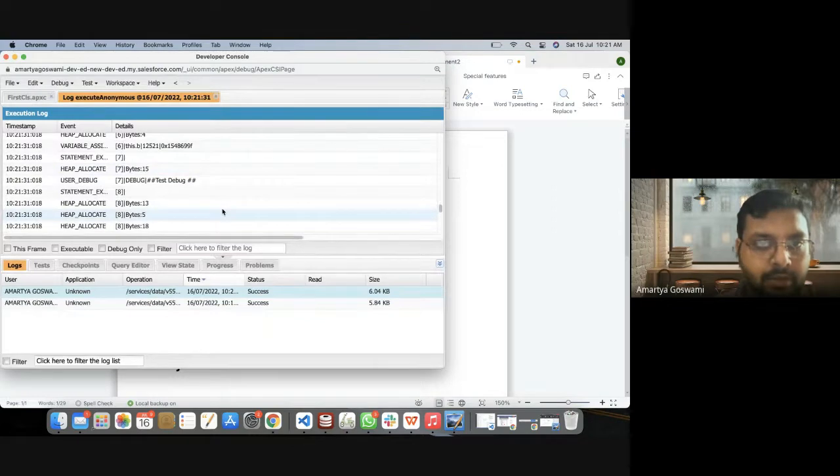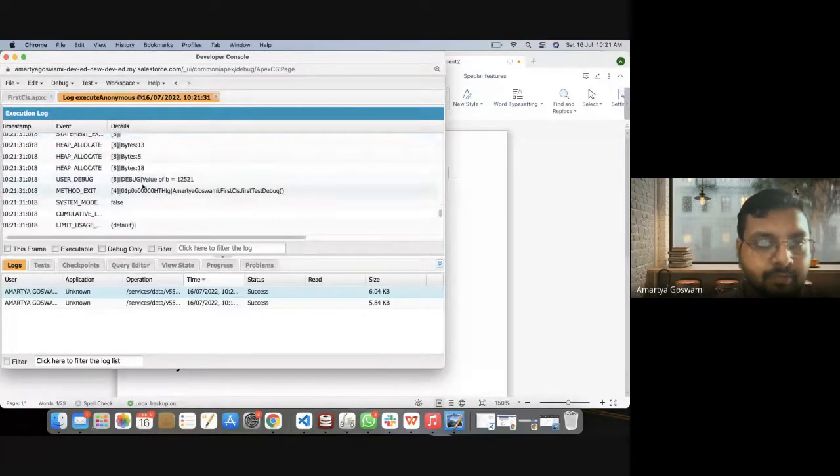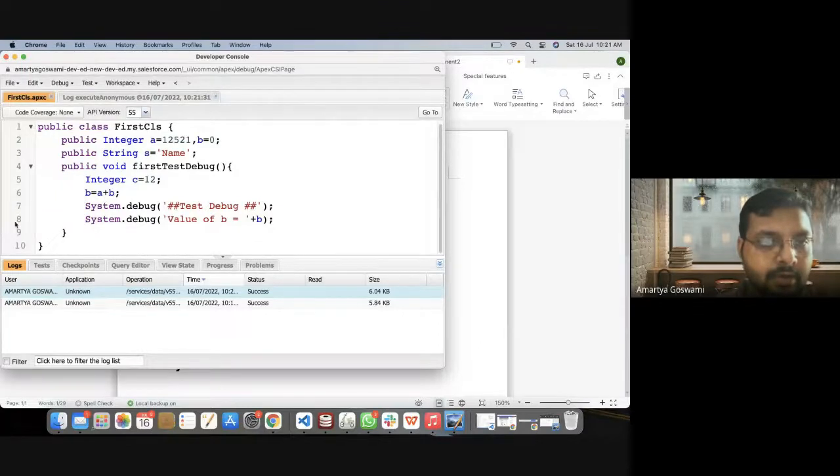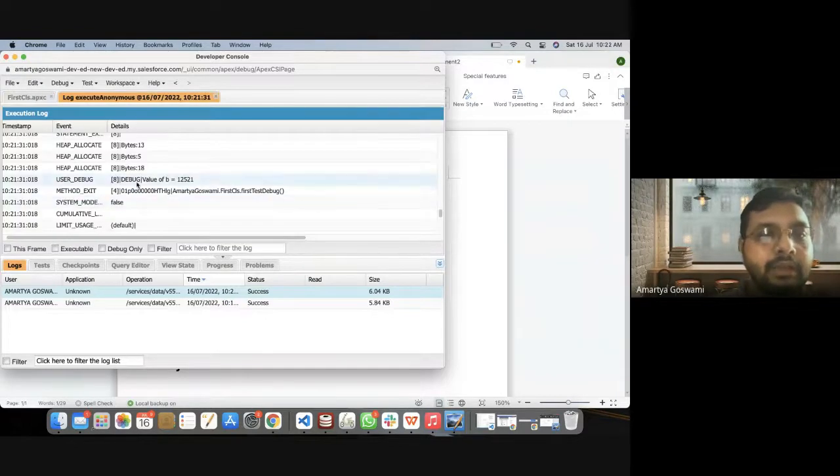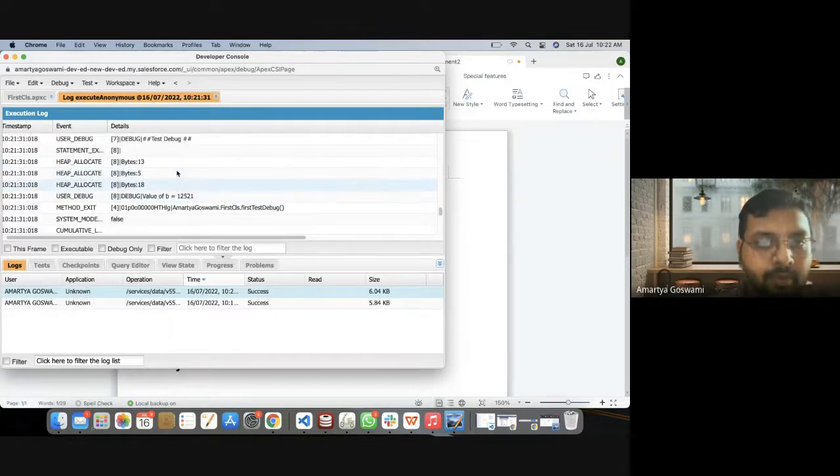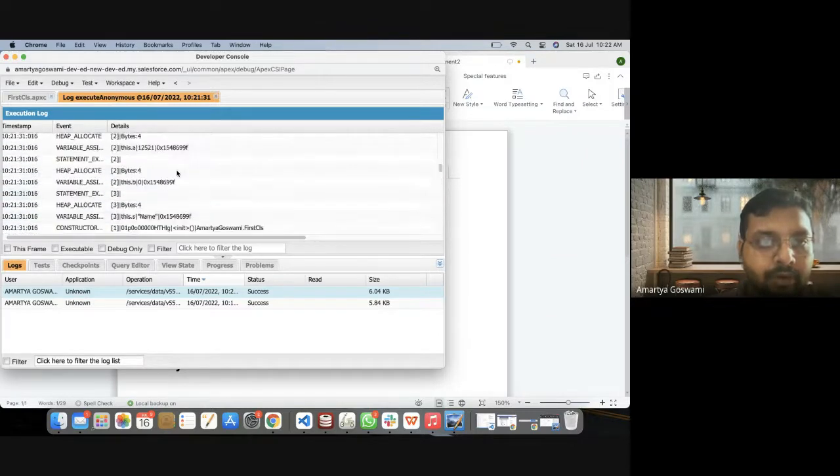Right. Now you can see in debug it is 7, and this is 8, 7, and then this is 8. So whatever your line number is in debug, you will get the line numbers as well. Okay. Now, if I look from the beginning,